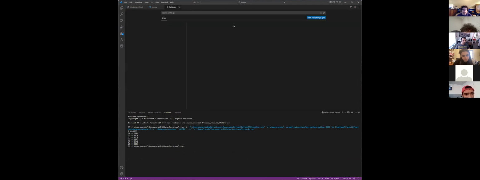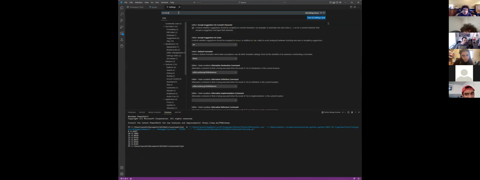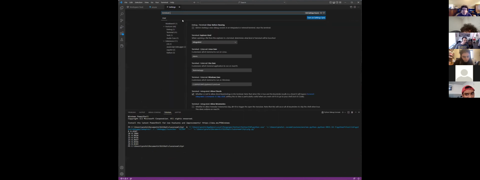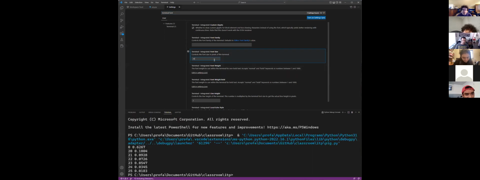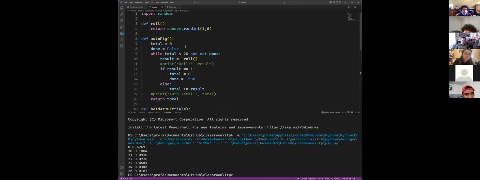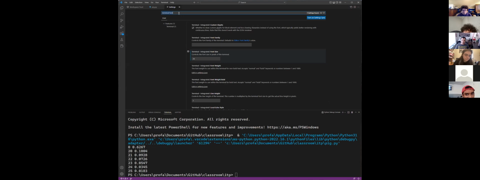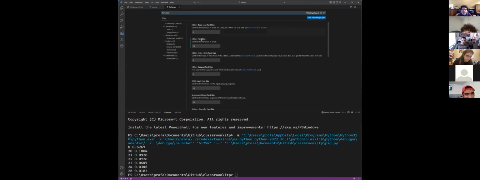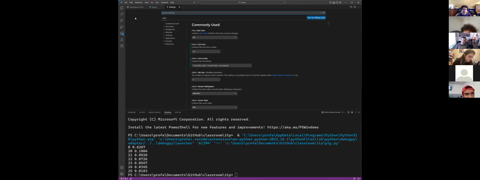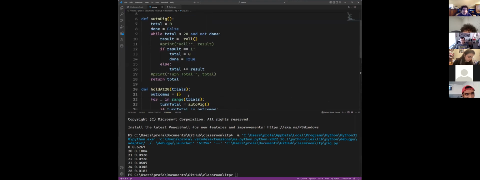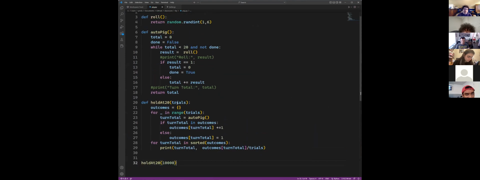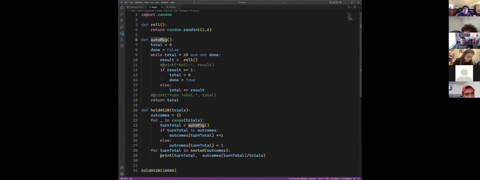File, preferences, settings, terminal, font, terminal font size 26. There we go. And font size. Wait, that makes sense. That's fine. All right. So this was the first 2 parts of Pig, which was here,